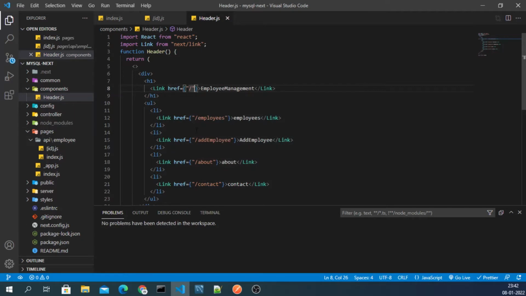So guys, as you can see we have this employees, and then this is the path. Okay, so whenever we are going to create a employee listing, then we will need this path, right?